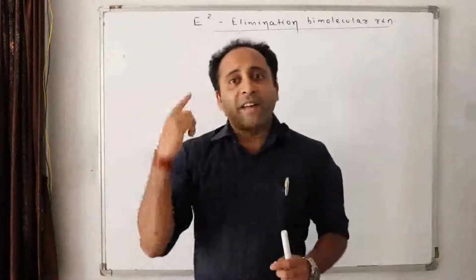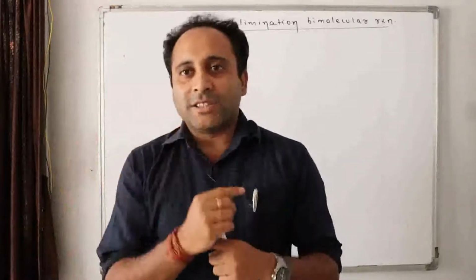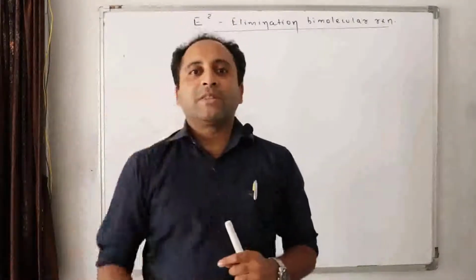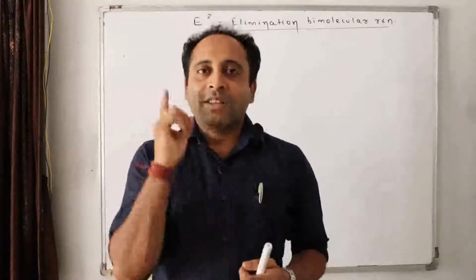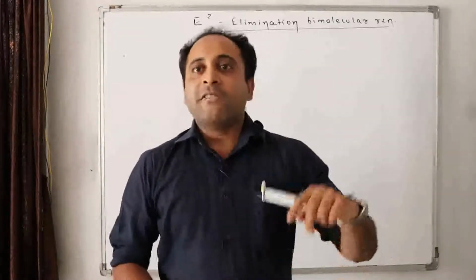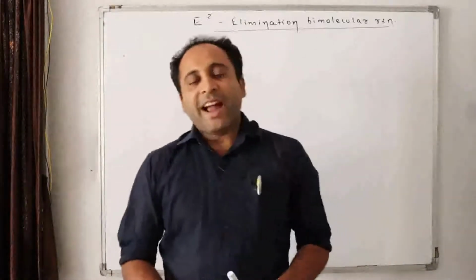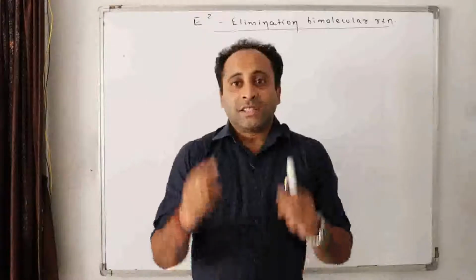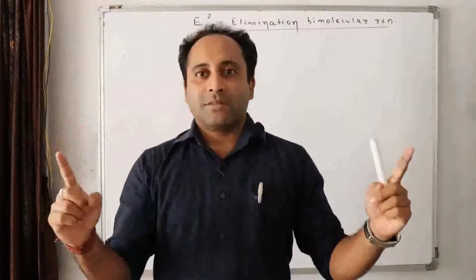Do you remember E1 reaction? What happened in E1 reaction? In E1 reaction, we found that first the leaving group leaves and a carbocation is formed, and that was the rate determining step. That carbocation can rearrange. Next, a weak base came and removed the beta hydrogen. A bond is formed, giving alkenes. And in E1 reaction, Saytzeff's product, meaning the more substituted product, was the dominating product.